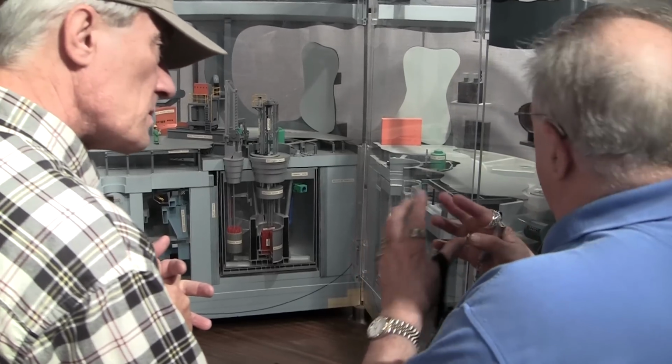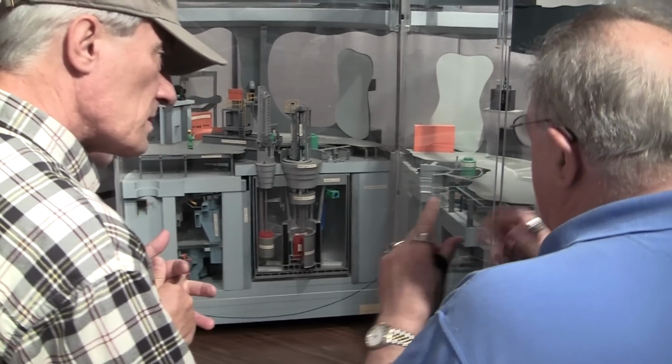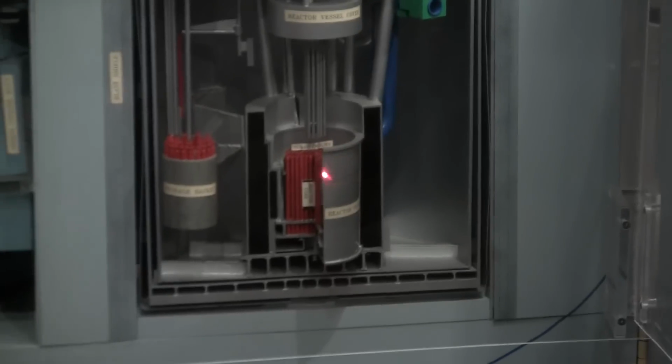Yeah. But at all times, the core was still bathed in sodium. The sodium's there the whole time. The only thing you're doing is you're also doing it without scram. Right, without control rods going in. Without control rods going in. This gets so warm, the fuel assemblies expand, the pins lengthen, they expand sideways, pressurizing up against the core rigidity